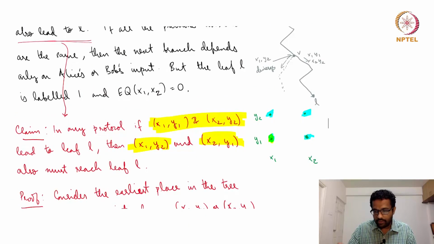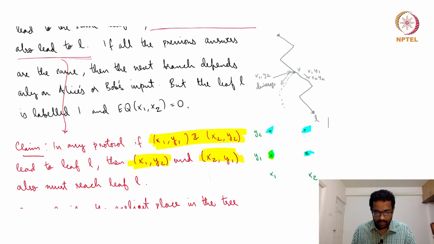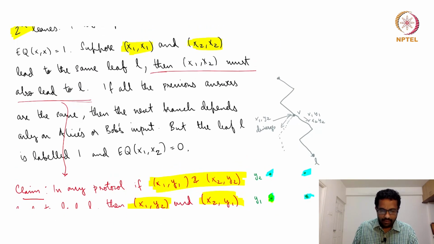x1, y2 diverges from the path taken by x1, y1 and x2, y2. So if x1, y1 and x2, y2 go to the same location, x1, y2 must also go to the same location. And the same thing applies for x2, y1. It's a very symmetric argument. Right? So that completes the claim, and that completes this proof that all the distinct pairs x1, x1, x1, x2,